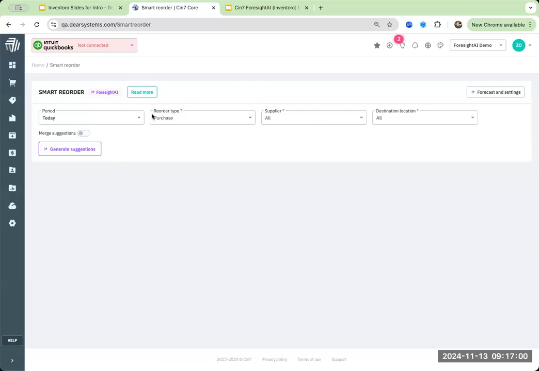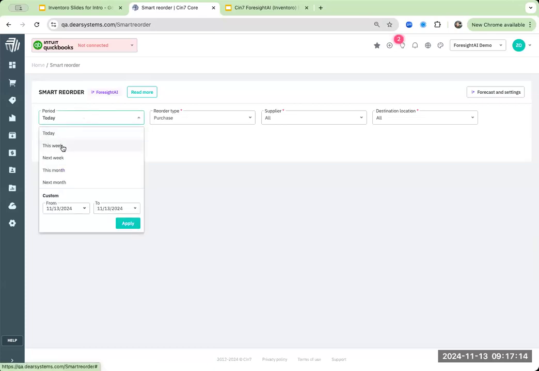Okay, so we have the smart reorder screen and it's blank, but let's go ahead and go over the top, and you can also read more if you'd like to here when you get this set up on your account. So period is going to be when you want to order. You can see you can order today, this week, next month, or a custom period. So in this case, it's going to give you a suggestion of what you should order for this time period. So if I click on today, it's going to be a little bit narrow because it's only going to tell me what I should be ordering for that day. However, if I look at this week's, and this could be useful if you're trying to,